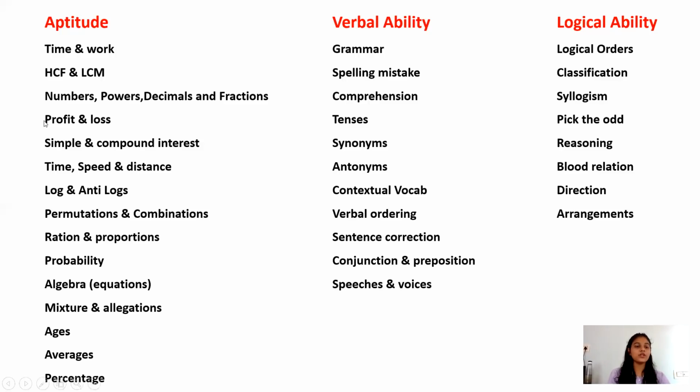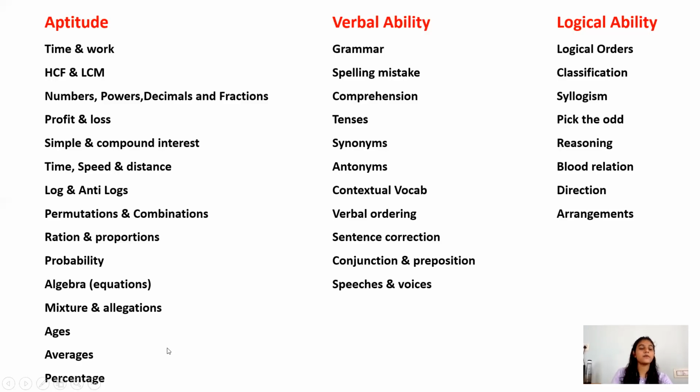So coming to aptitude, time and work. Time and work is the most important thing. That is not only time and work. There are some topics among that which are not about Wipro; they are common in everything. Then HCF and LCM, numbers, parts, decimals and fractions. Then profit and loss, simple and compound interest, time, speed and distance, log and anti-logs, permutations and combinations, ratios and proportions, probability, algebra, that is algebraic equations, mixtures and alligations, ages, averages,